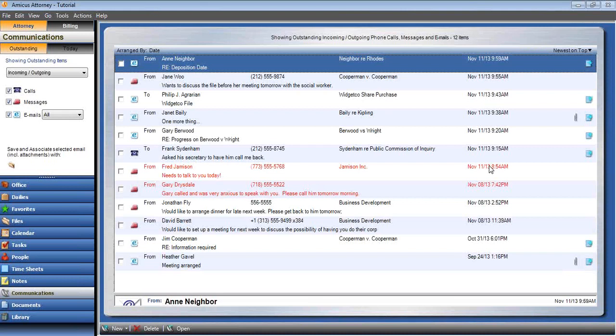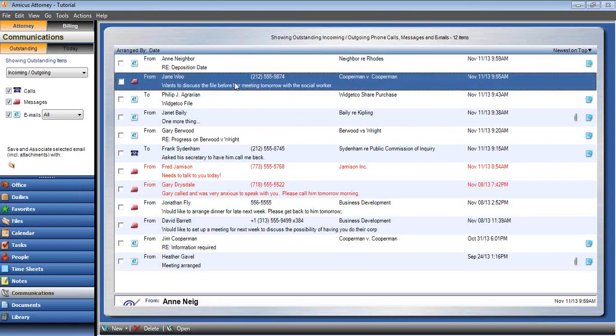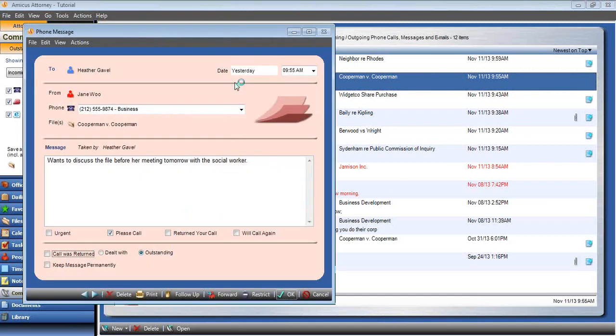And so the Comm Center is an amazing opportunity for you to track all of those incoming and outgoing conversations and communications. I'm going to take a look at one of the messages that was given to me. So I'm going to double-click on my message from Jane Wu, and I have an opportunity with that message to create a phone call to return it. So I'm going to click on this black phone,